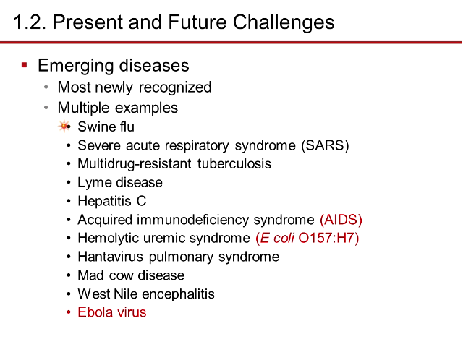The swine flu in the United States in 1977, severe acute respiratory syndrome, SARS, multi-drug resistant tuberculosis, Lyme disease, hepatitis C, acquired immune deficiency syndrome, AIDS, hemolytic uremic syndrome caused by E. coli, the hantavirus pulmonary syndrome. And we tend to see those in the Southwest. They're actually caused by what's called a deer mouse, and it's from the feces of the deer mouse. Mad cow disease, which is the encephalopathy that changes your brain into Swiss cheese in some ways. And then West Nile virus, and finally Ebola virus.